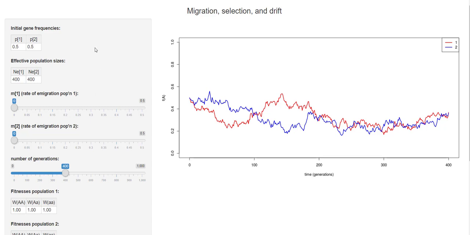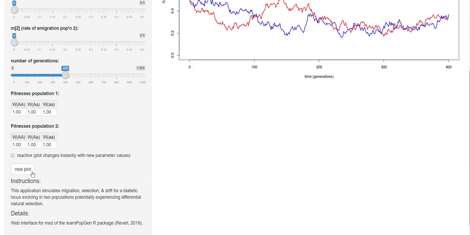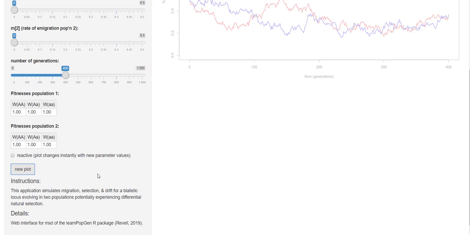And the other thing we're going to leave alone is the initial gene frequencies. Let's just leave those alone. But you are going to change and mess with population size, and you're going to mess with migration rates, and you're going to mess with fitness, which has to do with natural selection, what's favored, what's not favored. And every time you change those variables, you hit the plot button and it runs